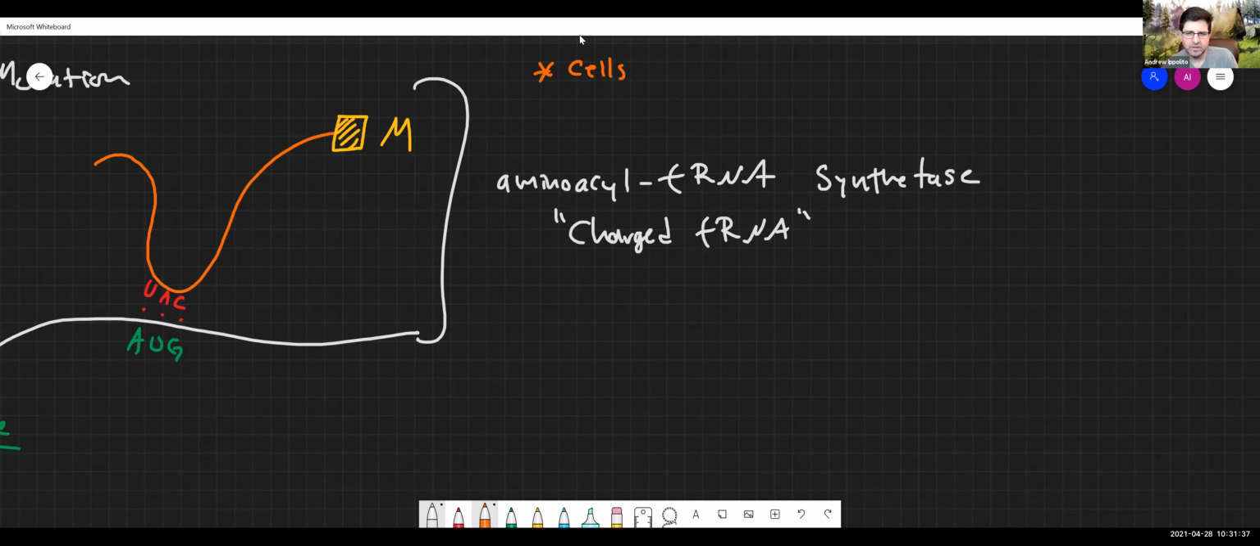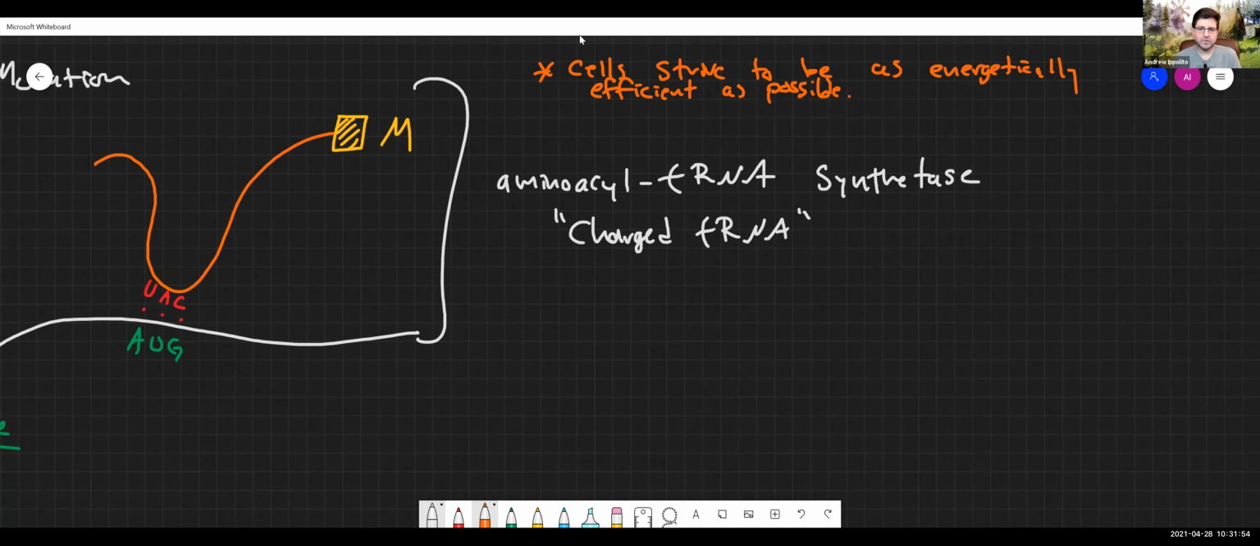Cells strive to be as energetically efficient as possible. If they can cut corners, they're going to cut corners. All right, so here's the insight. One aminoacyl tRNA synthetase can charge all of the different tRNAs that have